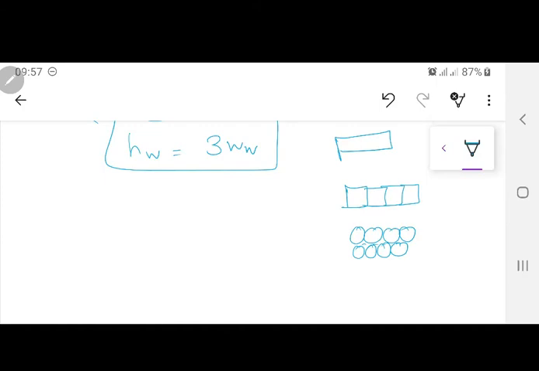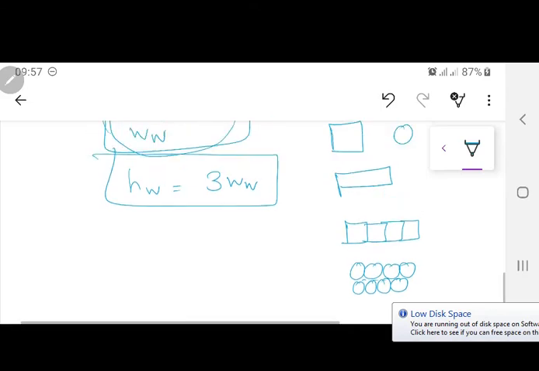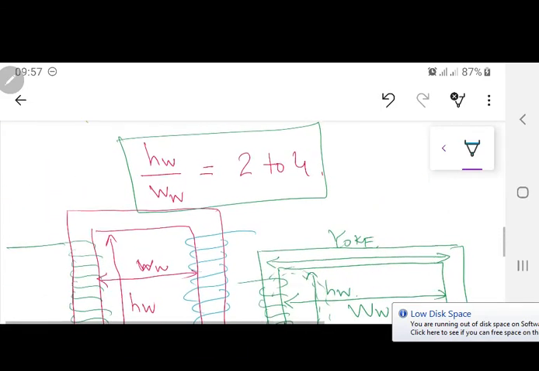So the height of the window and the width of the window are decided in two ways: either by the full design of the winding, or it is initially designed based on some existing transformer. Now when you have designed your height of the window, supposing you have fixed the height and the width of the window, the next thing you have to design is actually the yoke.